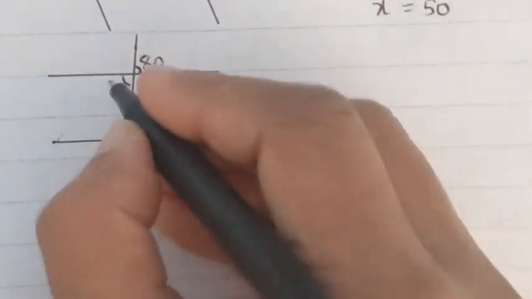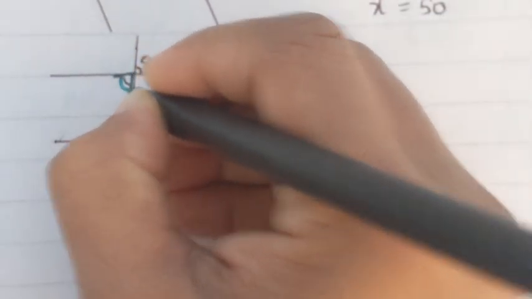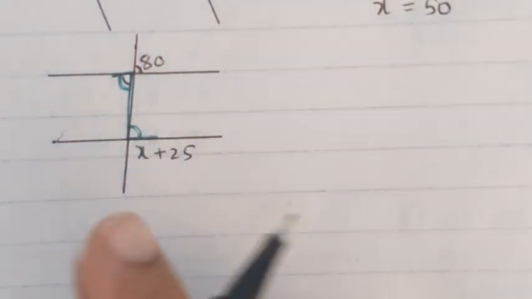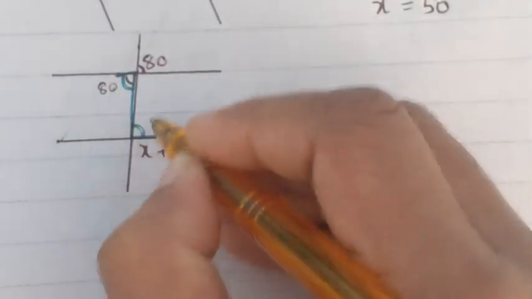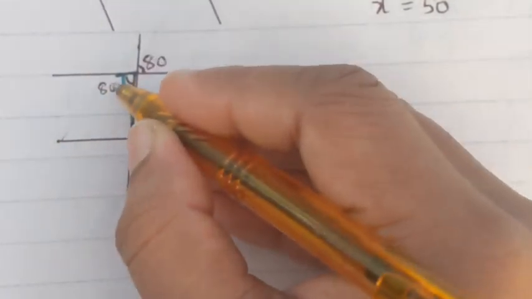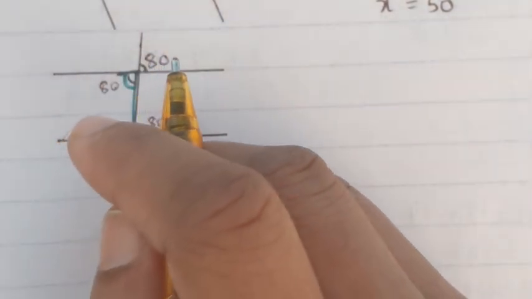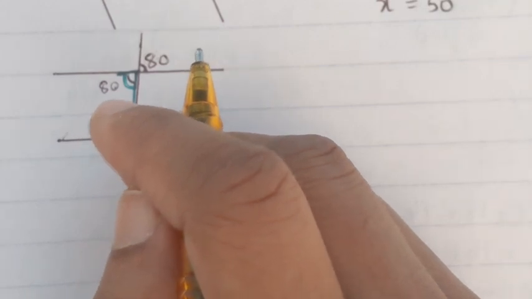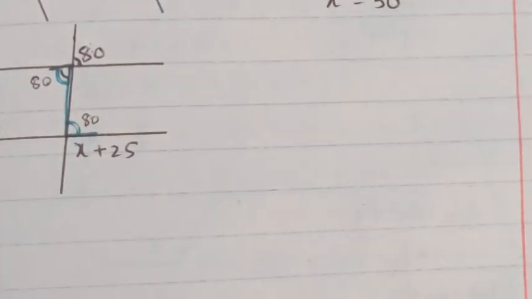And when we talk about a Z forming over here, this angle and this angle are vertically opposite. It means 80, 80 and 80. So all these three angles are 80 each. Now what about this angle? So now we have a straight line over here. Let me draw it for your understanding.